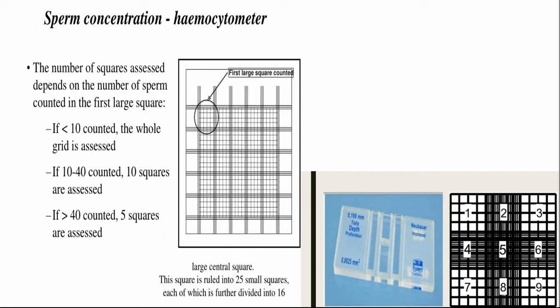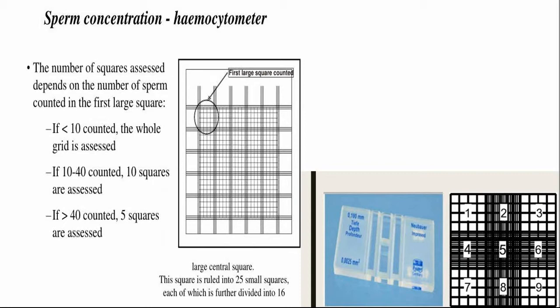Each column is divided into 16 columns. Column 1 into 16 columns, column 3, column 7 and column 9 each into 16 columns. Whereas the center, that is column number 5, is divided into 5 columns each, that is 25 columns. For calculation we use the corner 4 columns and the center 1 column. That is a total of 5 columns used for the calculation.